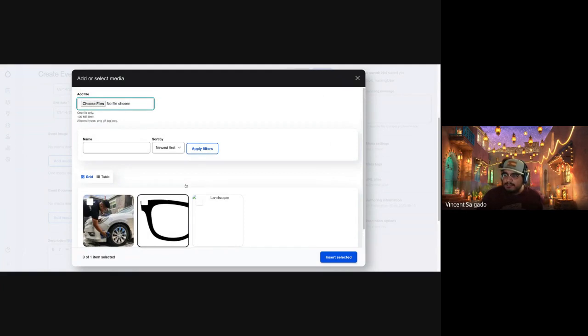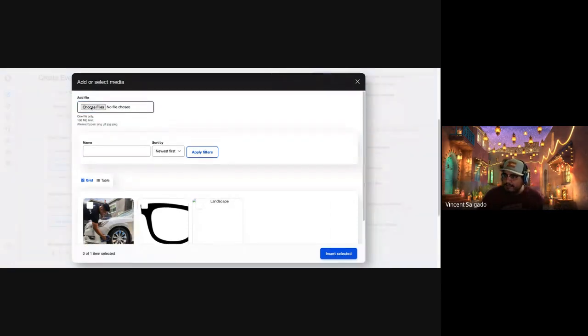So it'll bring you to this page. When I am adding in media, or creating this image for this particular event, I will have the option to either select something that may already be uploaded to the website. For example, it already has one where there's a car here, and if I wanted to reuse that one, I can. Or you can choose to upload your own image. So I'm going to select an image. You guys can't see what I'm looking at right now, but I am on my